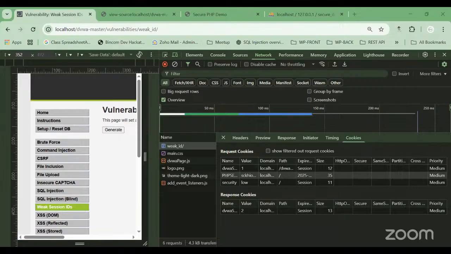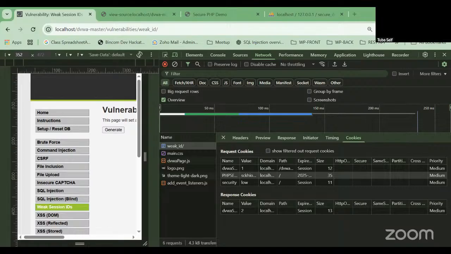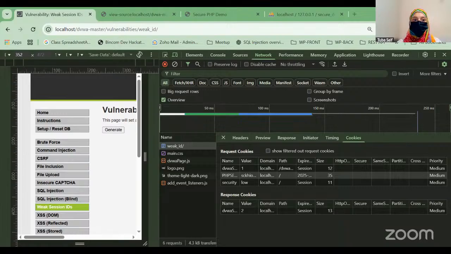Yes, I can see. Okay. Here, when I am trying to open this link, it is redirecting me to login.php and not opening this link. So now let me